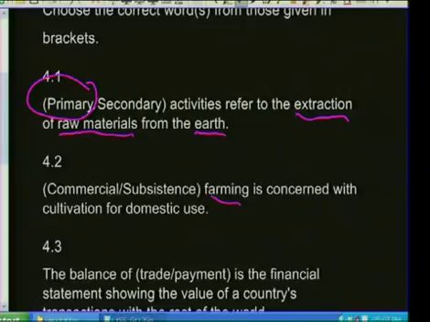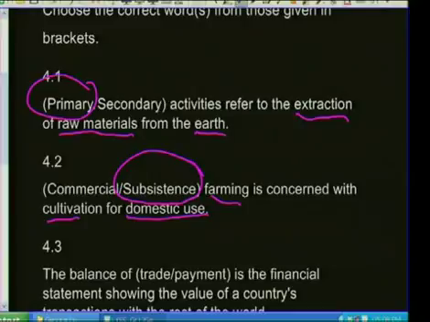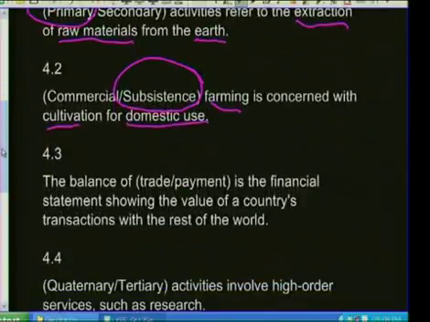Farming that is concerned with cultivation for domestic use. Can you see the action words again? It's simple, but if you don't know the action words like domestic use, which is concerned with the house, not selling outside, obviously if you're producing for the family, it's subsistence farming. All right. The next one,